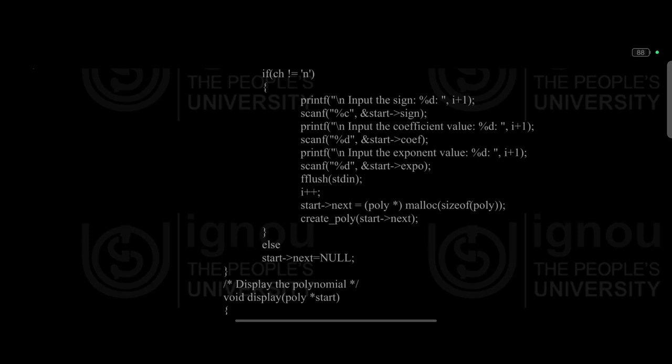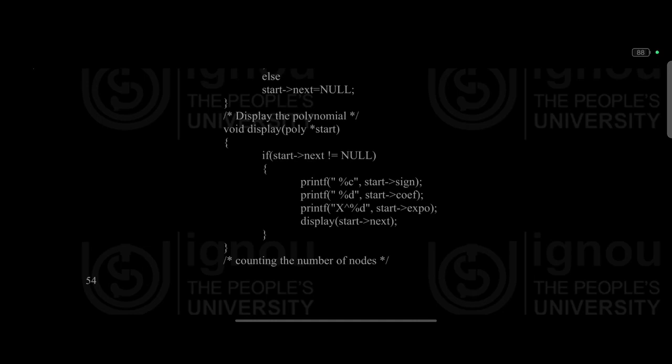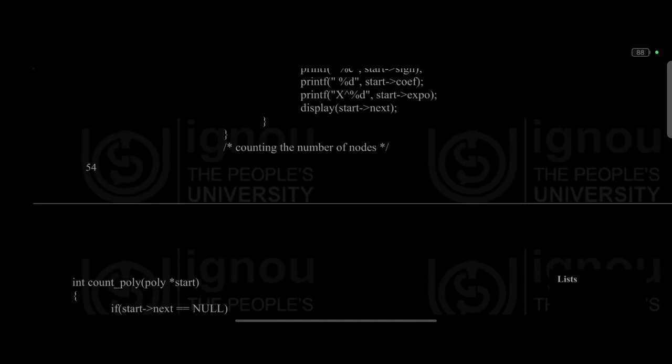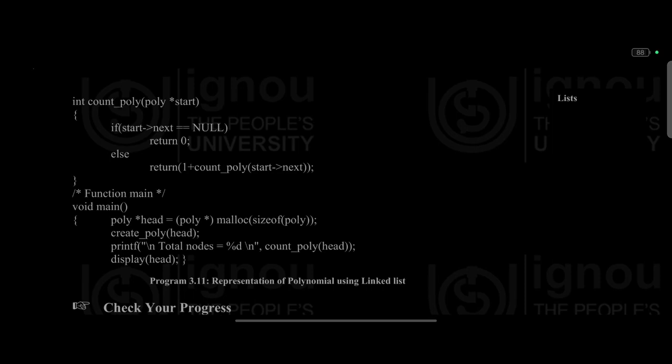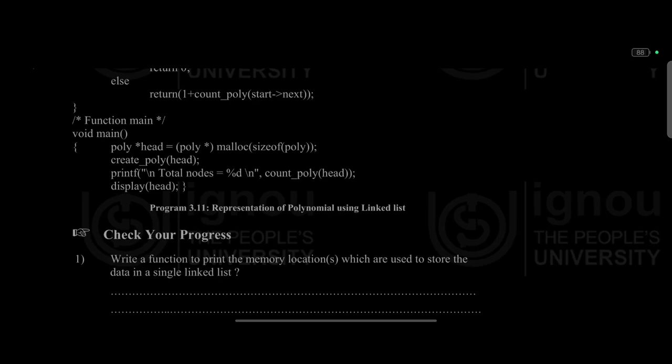if (start->next != NULL) { printf("%c", start->sign); printf("%d", start->coef); printf("x"); printf("%d", start->expo); display(start->next); } Counting the number of nodes: int count_poly(poly *start) { if (start->next == NULL) return 0; else return 1 + count_poly(start->next);